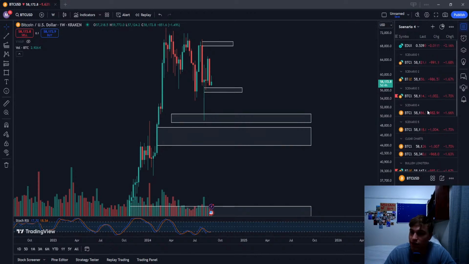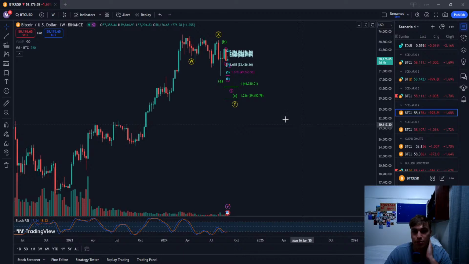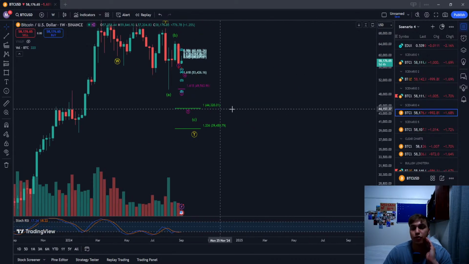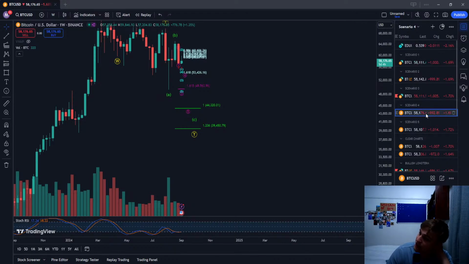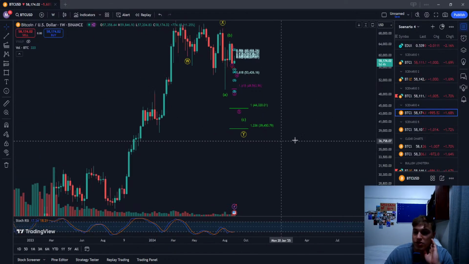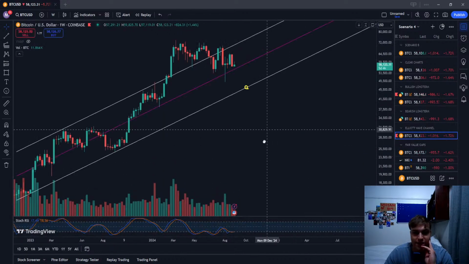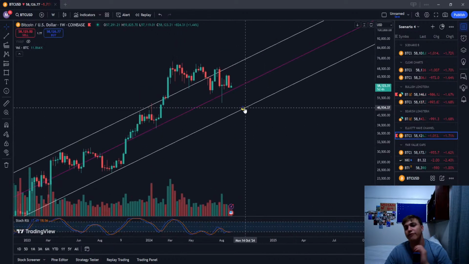Now that 47,600 level is quite interesting, as it falls perfectly within our box here. $44,000 here, that fair value gap is into the $44,000 region, and we now have this Elliott Wave channel, where the low is also sitting at 46,900. All these little things adding up is, in my opinion, very interesting. We have very exciting moves ahead of us.